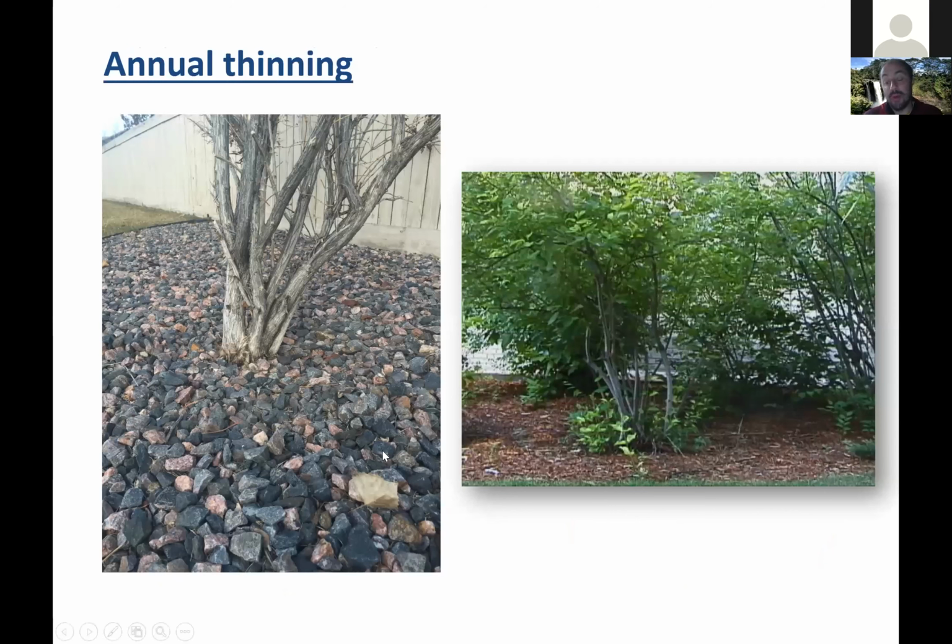Also, below the rocks is probably landscape fabric for keeping suckers from coming up. On the other hand, like this, I believe it's either lilac or a cherry. If I were to thin this, because I see all these suckers, it's a really good sign that it's going to respond well. Most shrubs, though, will tolerate thinning. It's a very safe sort of pruning to do.